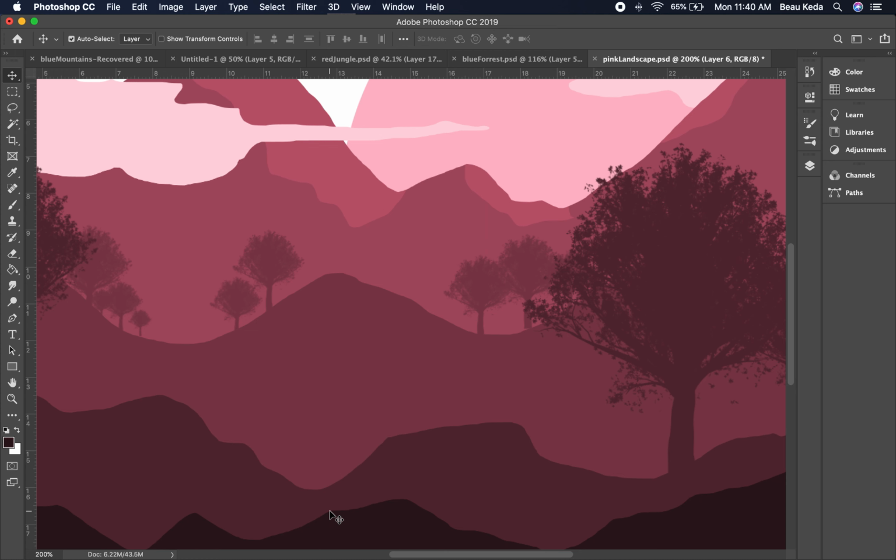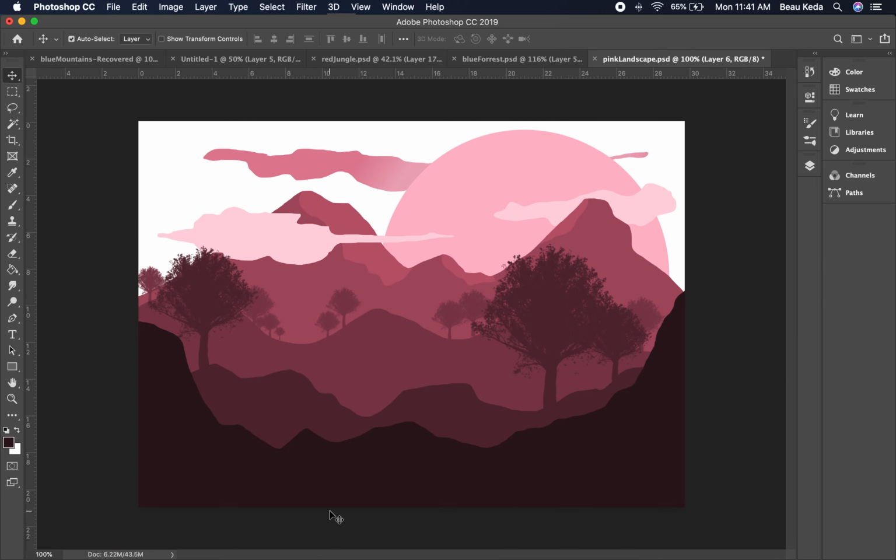Quick thing I want to show you, and you can do this. You can play around with it. You don't have to do it. I want to add a living thing, a creature, animal, a person, a monster, whatever, as a silhouette, like the trees are and the landscape. There's a couple ways you can do this, but I'm going to do it